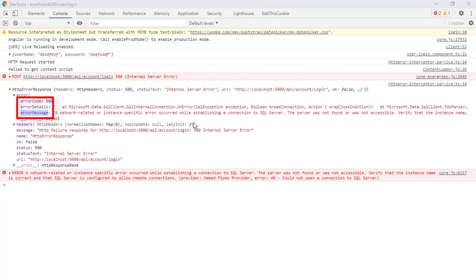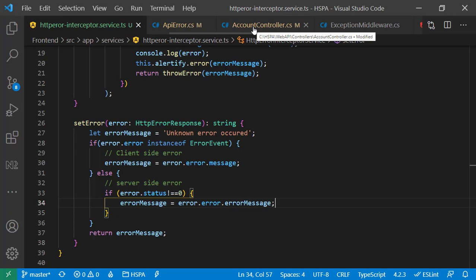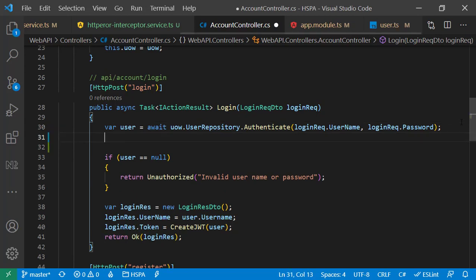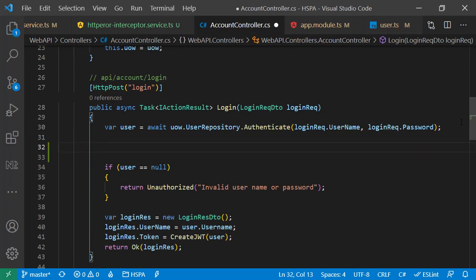So it is working fine for unhandled error now, but it will start to fail for the handled error that we already have tested. Because in our controller, we are not using the API error class to return an error response. So we will use the object of the same class here as well for the handled error in all of our controllers. We should always be consistent in returning error response so that our API client does not have to put so many if-else cases to correctly display the error at their end. So let's define a variable of type API error.